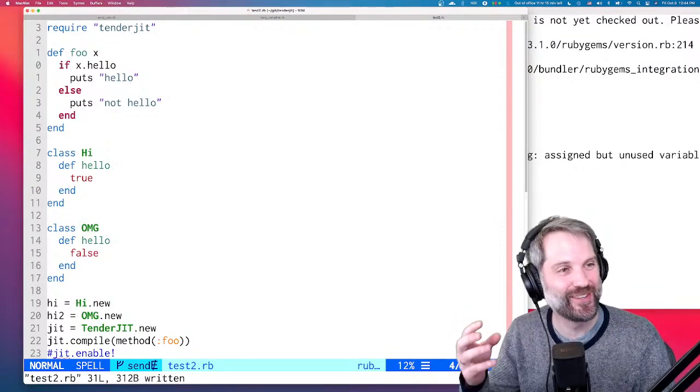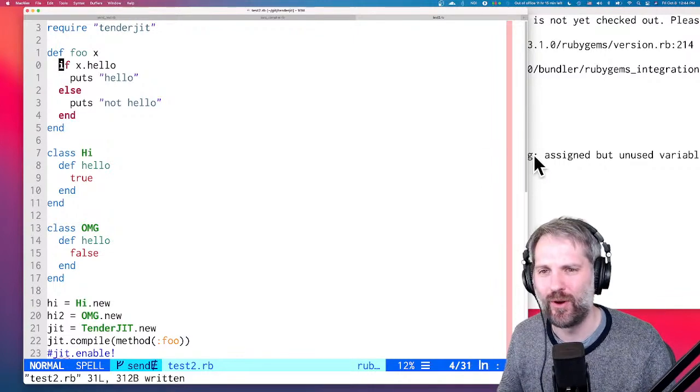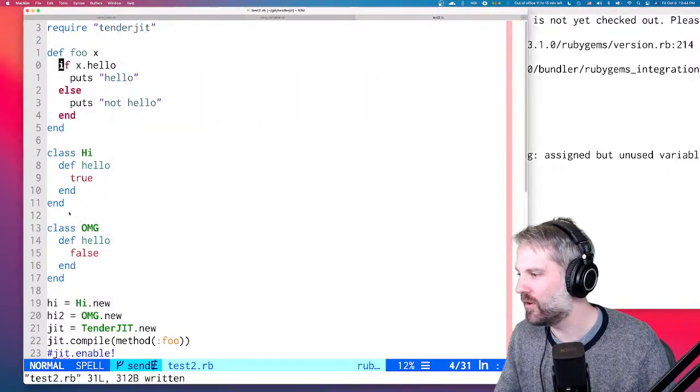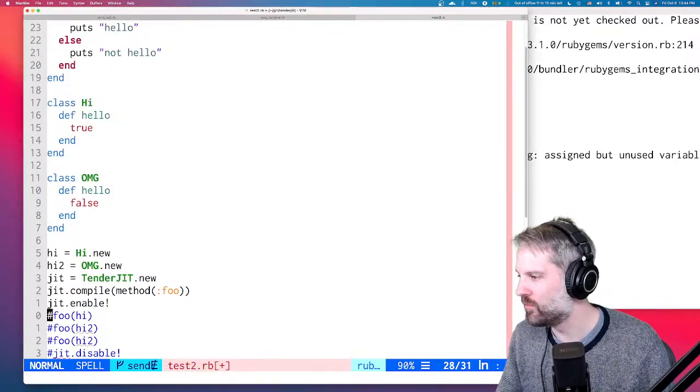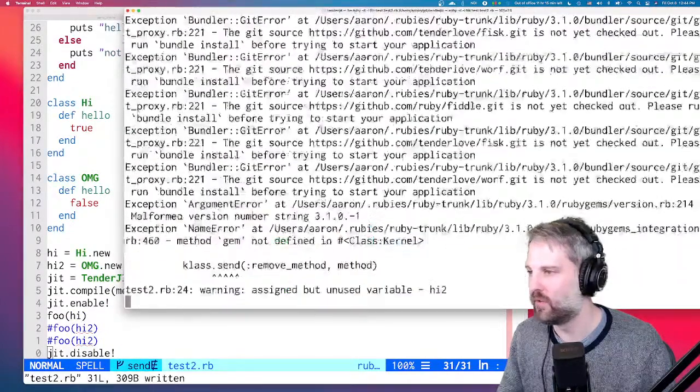And then it'll lazily evaluate each side of the branch. I'm not sure why this one isn't compiling or isn't pausing. I guess it figured it didn't need to. Well, let's try running it and see what happens. We'll do puts foo hi. So this should hit one side of it. If we run that,